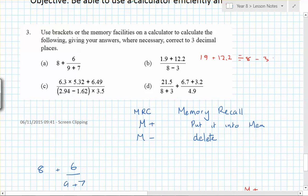No. Now, in a nice fancy calculator, I would put brackets around this and around this. You can't do that. You've got these cheapy ones. So you've got to think, logic, what has to go? What's the best way of doing it? So I would do 8 minus 3 equals, which would be 5. I would do memory plus, and then you do 1.9 plus 12.2, divided by